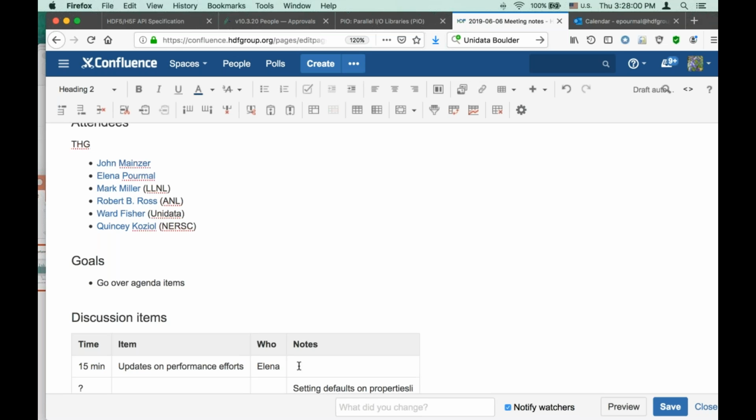Okay, because for performance reasons, we're revisiting property lists. It's looking more and more like we're going to flatten the properties that we actually use into a single structure. And obviously that's a good time to think about being able to set defaults, either with existing API calls, where you set up a property list and say, make this one the default, or through a configuration file or something along that line.